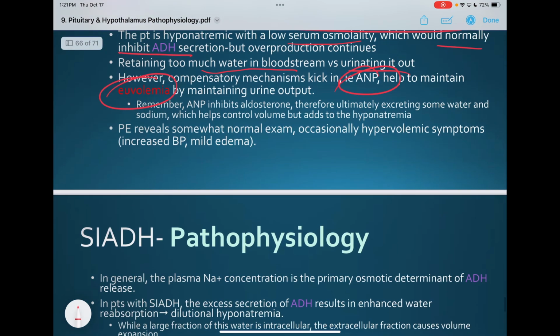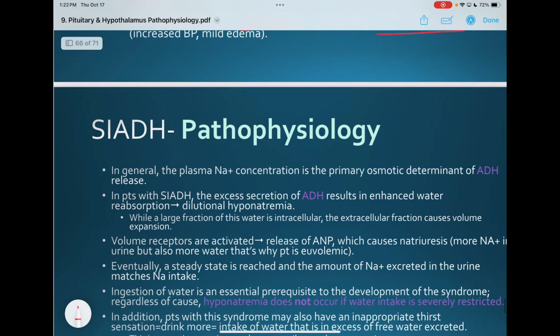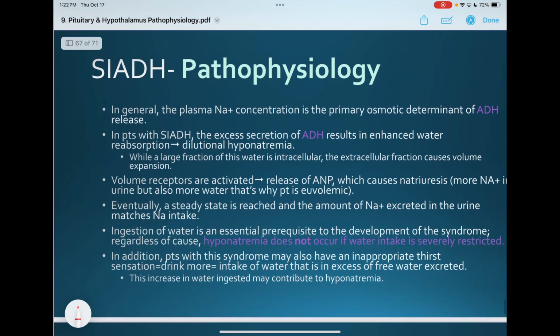So on physical exam, usually going to be normal. They may have some hypervolemic symptoms as well: high blood pressure, maybe some mild edema from that increased hydrostatic pressure in the system, pushing the fluid out. You get a little bit of edema from that as well. So in general,